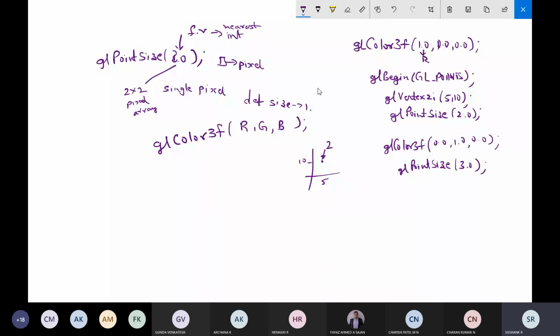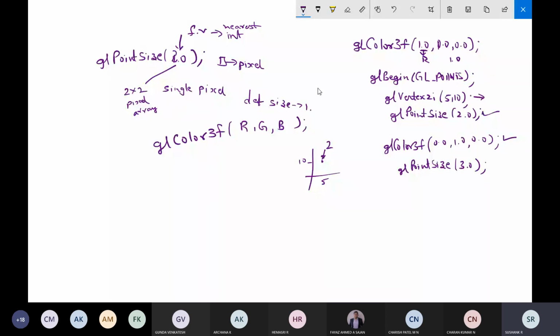Like this you can change. So in our example, the initial point will be red with the standard size of 1.0, and for the second one, the size will be 2 and the color will be green.